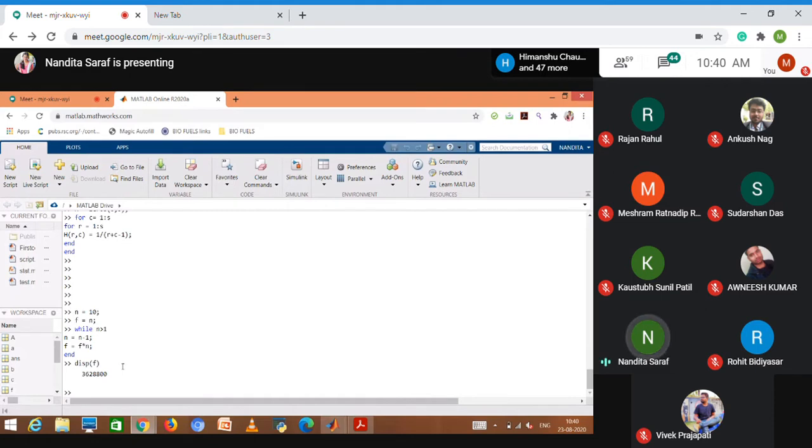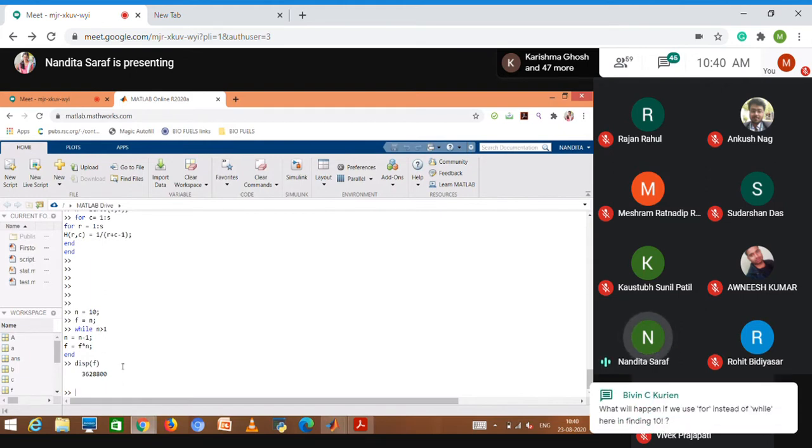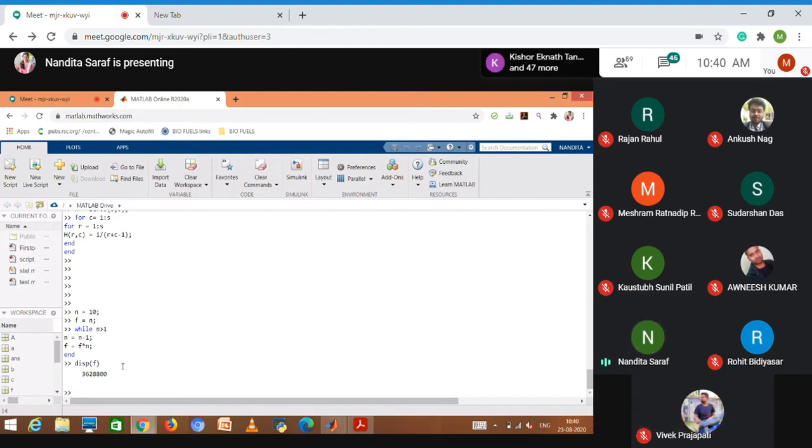So, the difference between for loop and while loop. I'll give you some time to practice both the codes. You can obviously use a for loop instead of a while loop. You just have to give it a condition.